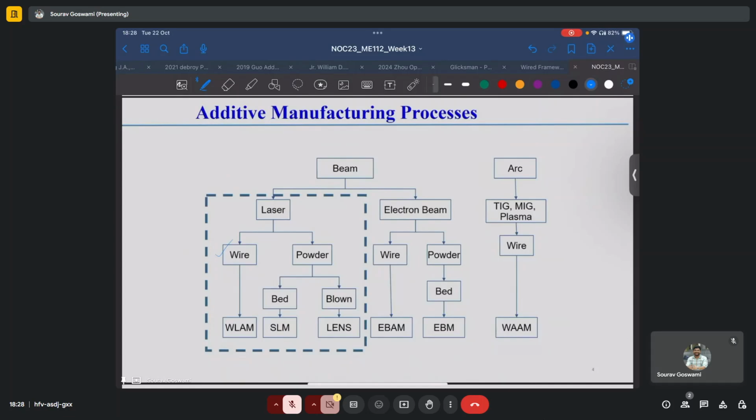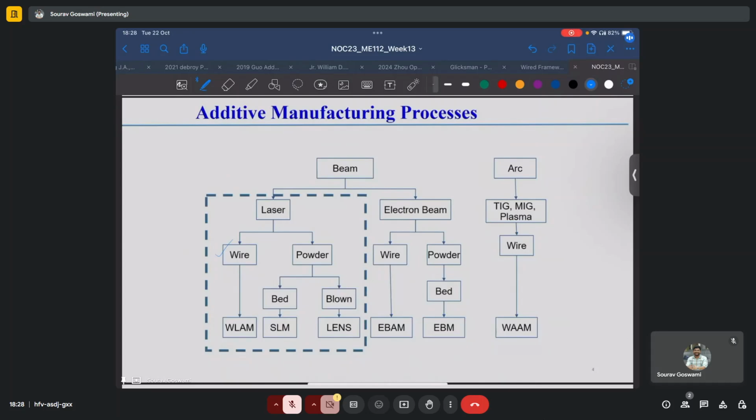Now, when the energy beam is in the form of an electron beam as opposed to a laser beam, again, depending on whether the feedstock is wire or powder, the process can be called an electron beam additive manufacturing process, or in the case of a powder bed type feedstock, the process will be called electron beam melting. We also discussed at length why blown powder cannot be used in conjunction with an electron beam, because for